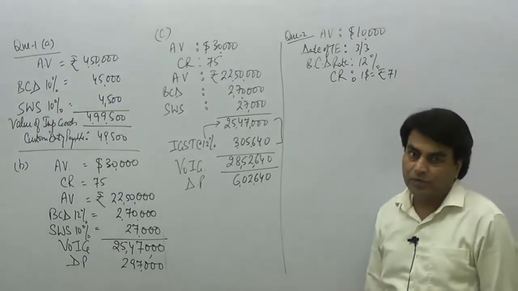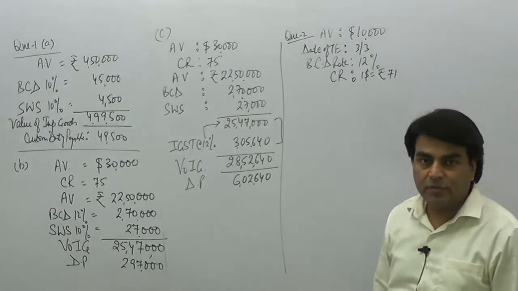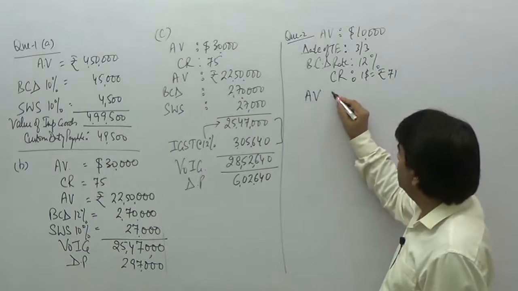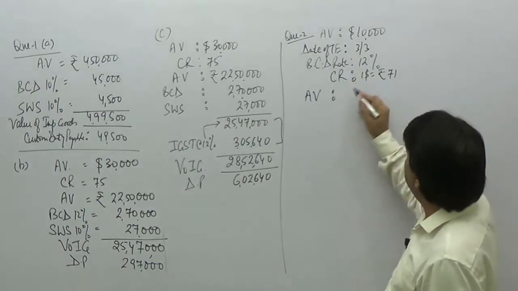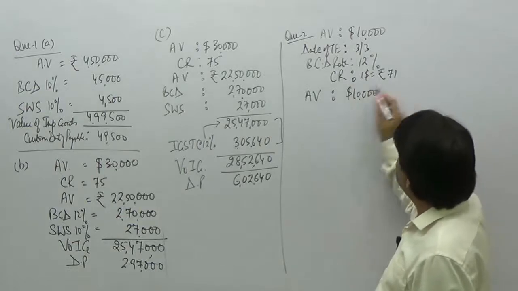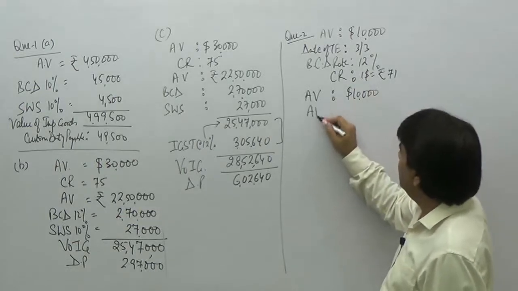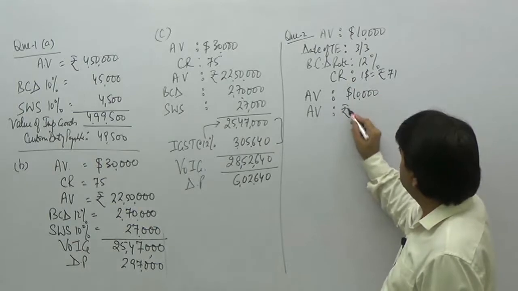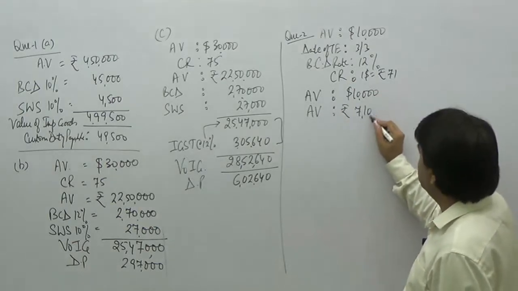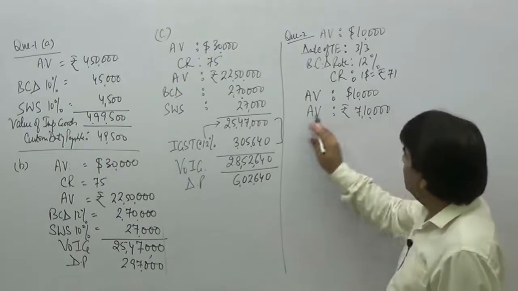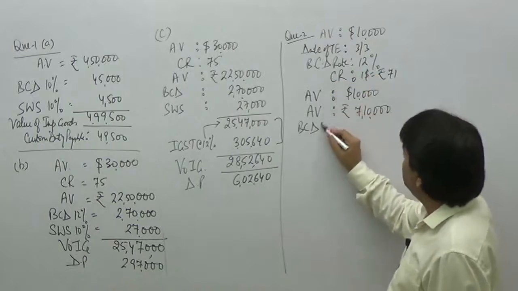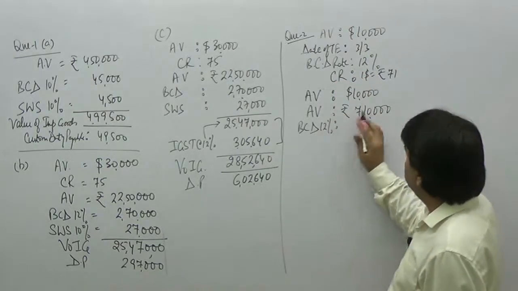Okay. Now we have the basic information. Now we can work out the duty payable amount. So assessable value is $10,000. Conversion rate is 71 rupees. So assessable value in rupee terms, it would be 71 multiplied by 10,000. That means 7,10,000. Now work out BCD. The BCD rate you should take is 12%. So 12% of this,